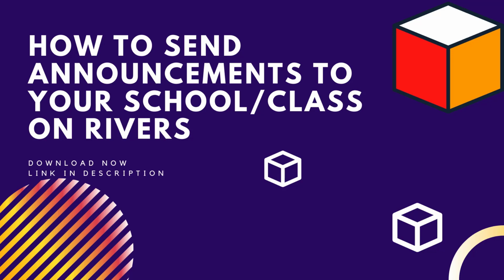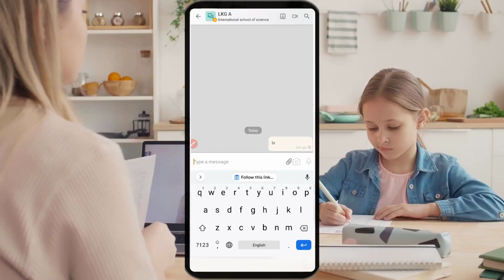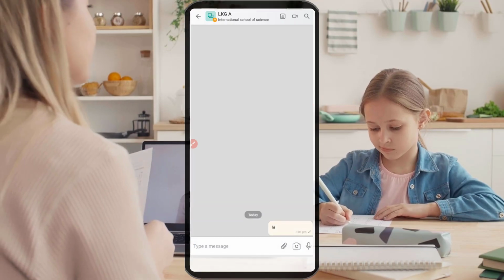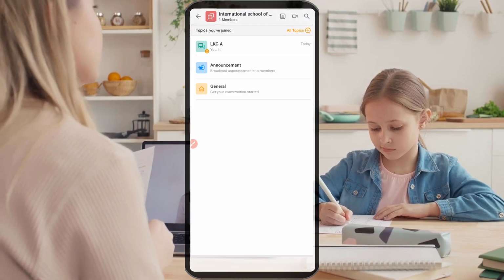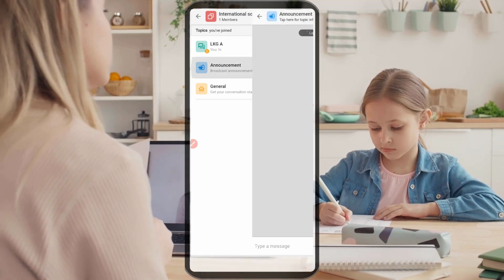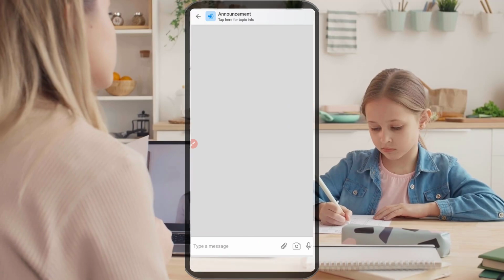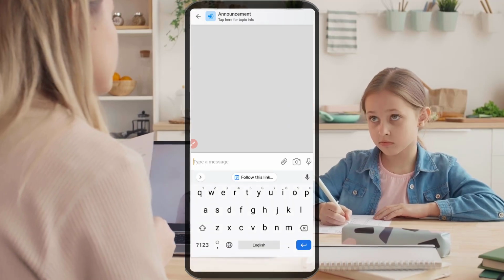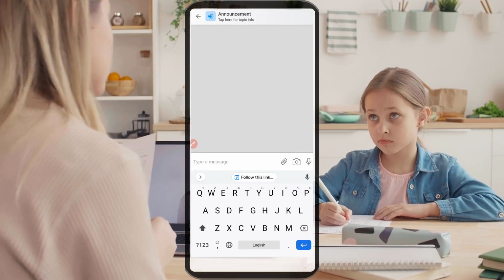You can easily send important announcements to students or parents or faculty by creating reverse channels or announcements. Using the announcement features, you can send one-way broadcast to the entire list of people who have been added to the announcements channel.